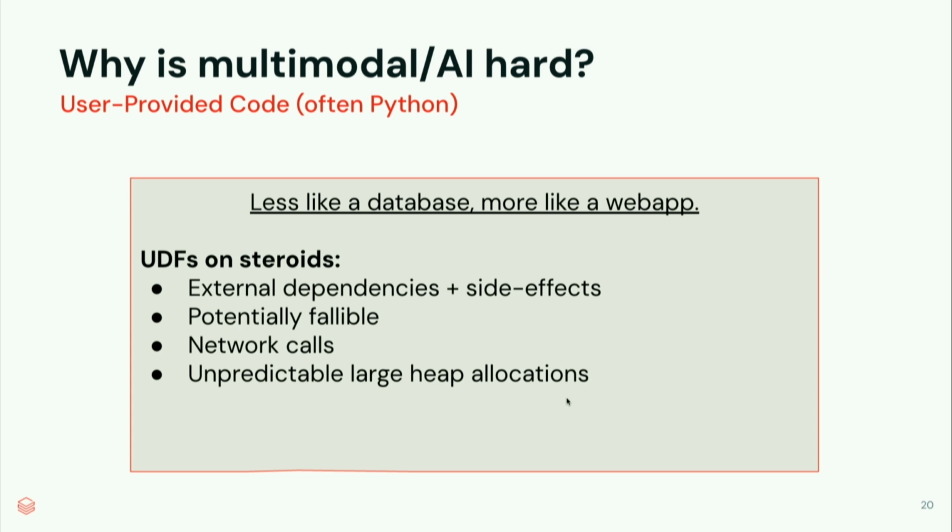Your user code might explode and like send you an error. You're supposed to handle that, right? User code might make network calls. That doesn't really happen in database code traditionally. And user code might make unpredictably large heap allocations. It might allocate like 100 gigabytes of memory, and you as an engine have no control over that. And so this is extremely difficult for engines such as more traditional data engines like BigQuery, Trino, Spark that are not really built with this idea in mind that like the user-defined functionality is a first-class citizen of the engine itself.